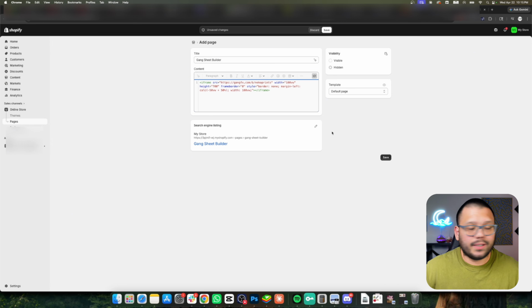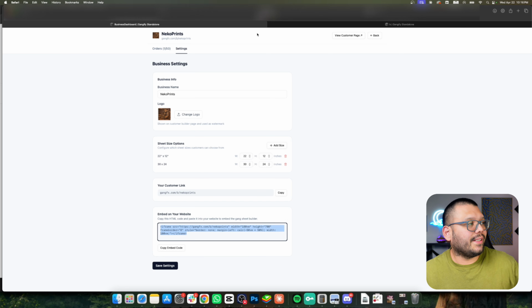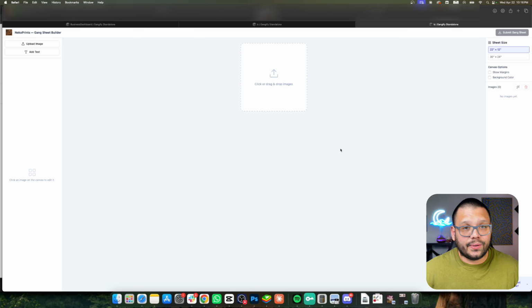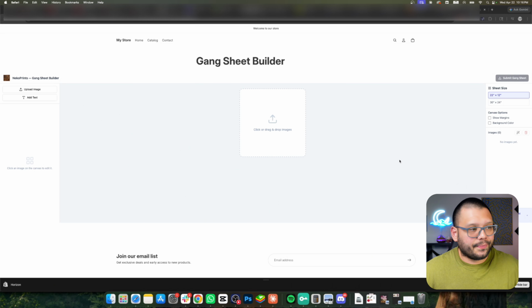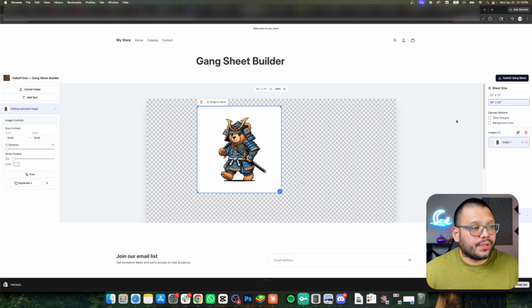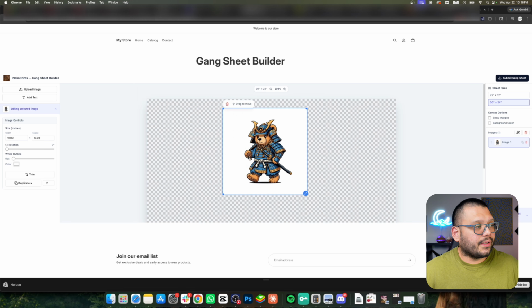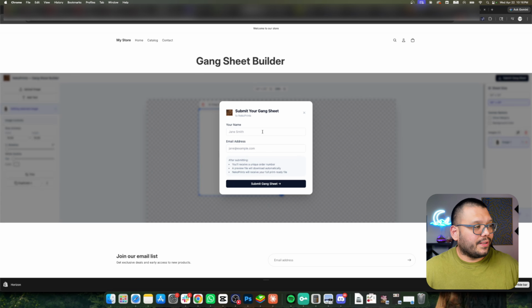And now we're going to click on preview. So this is what it would look like. As you can see, it looks pretty much exactly the same as it does through the link that you get. It's just a little bit more squished because it needs to fit into your store or your website. But it works exactly the same. So they can upload their image over here. They can choose their different sheet sizes. They can scroll through it. You can adjust. And once it's submitted,